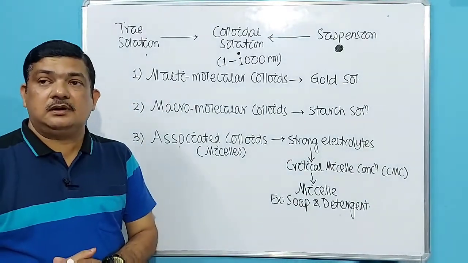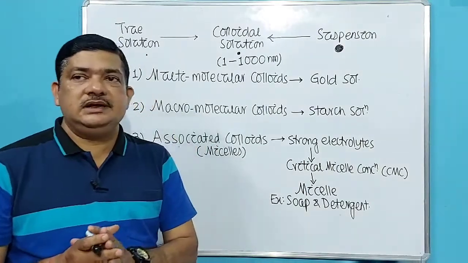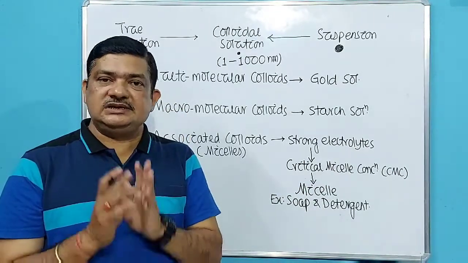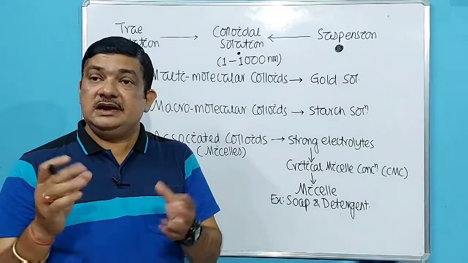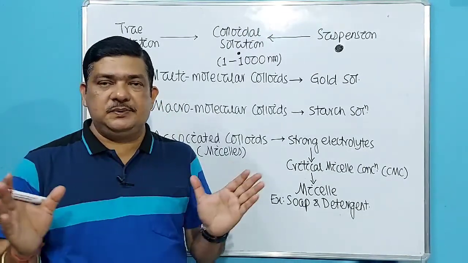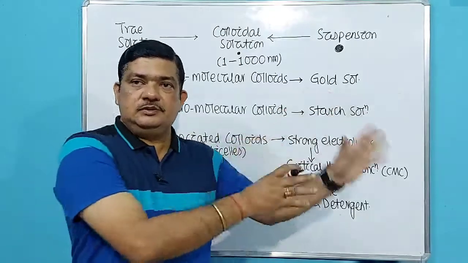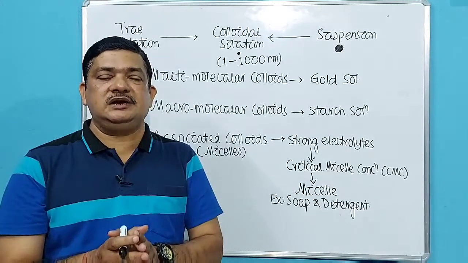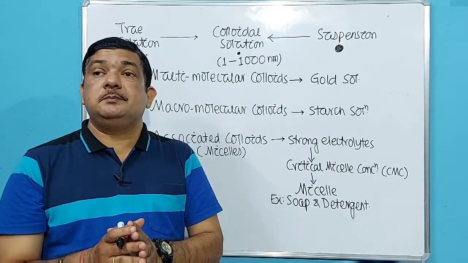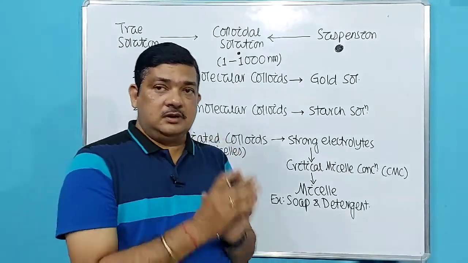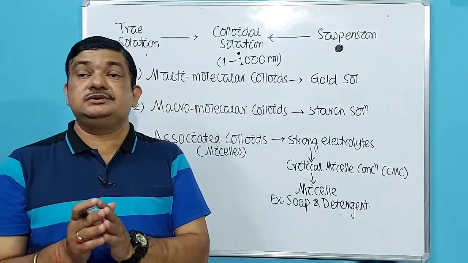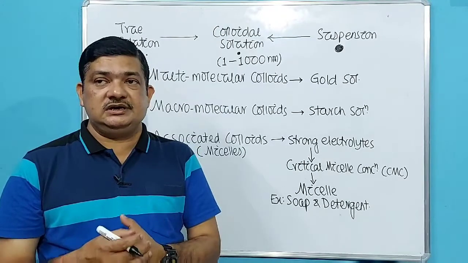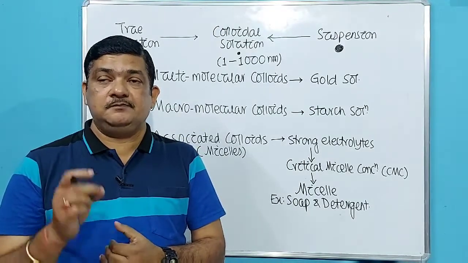Then, what are the phases of colloidal solution? So, colloidal solution is a heterogeneous solution. So, clearly it contains 2 phases. So for the time being, you listen to it and note it down. In the next class, I will discuss it in detail. So colloidal solution has two phases. One, the solute as you use in the case of solution. That means the component which is present in lesser quantity is called dispersed phase. So in case of colloidal solution, we will not use the term solute, we will use the term dispersed phase. Then the component which is present in larger quantity or larger concentration is called dispersion medium.